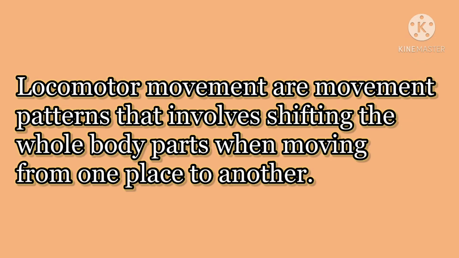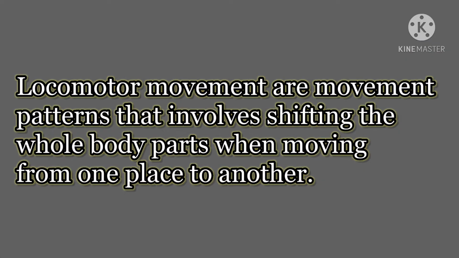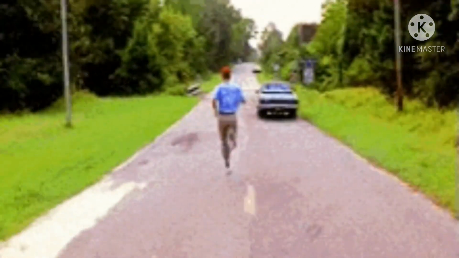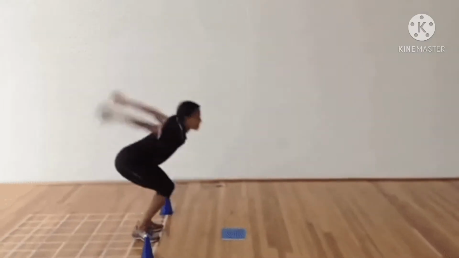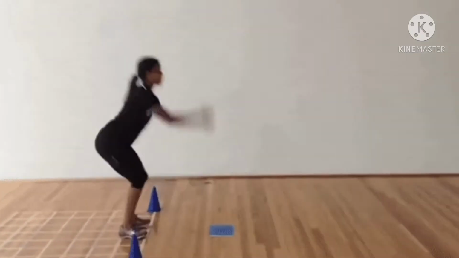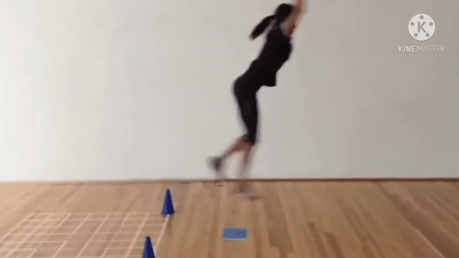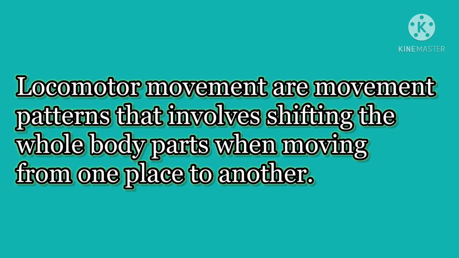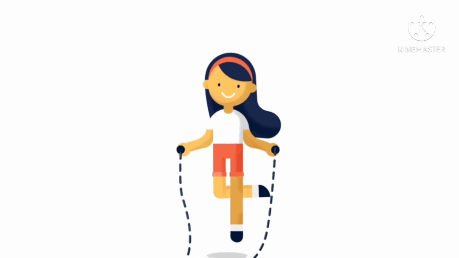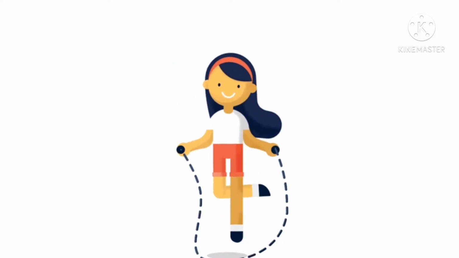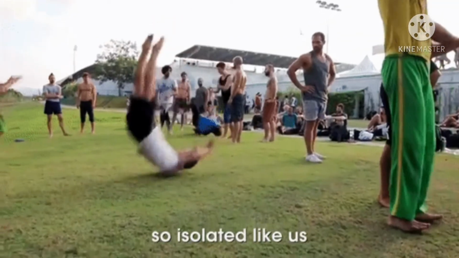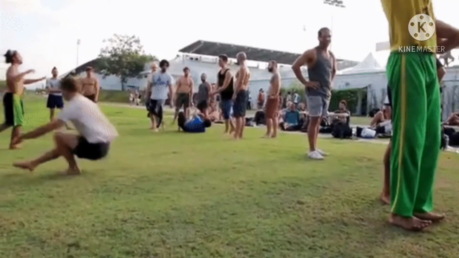Now, locomotor movements are movement patterns that involve shifting the whole body when moving from one place to another. So basically, locomotor movement involves shifting the whole body when moving from one place to another. A locomotor movement involves a physical action where a person could be seen moving from one place to another. A person can be seen moving backward, forward, or even upward using certain